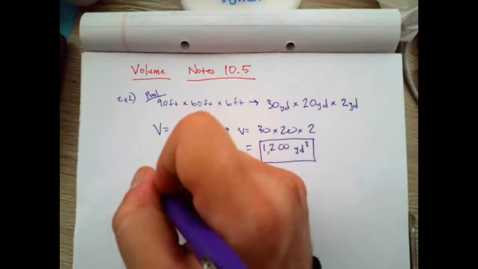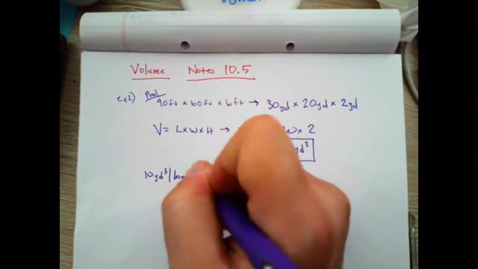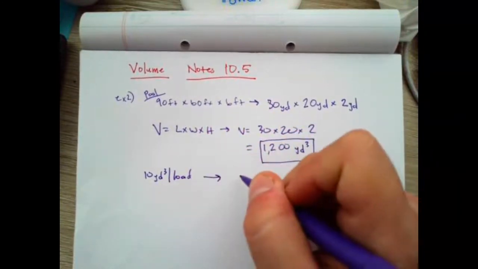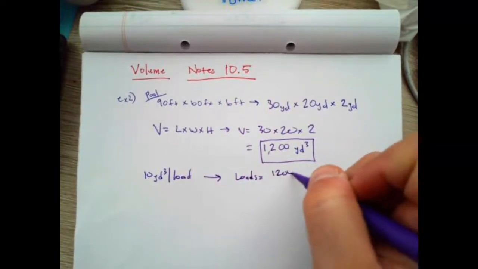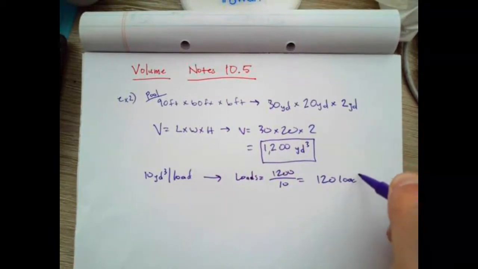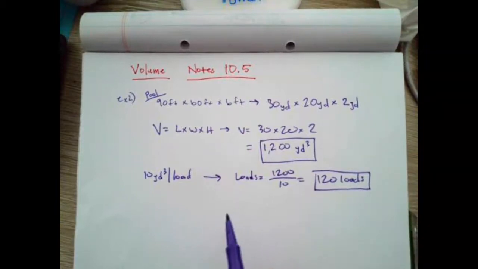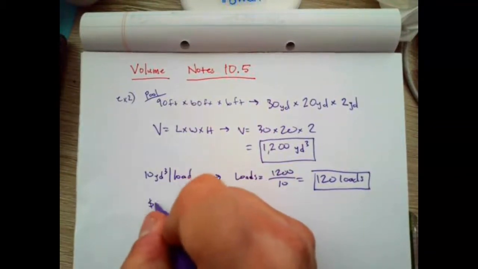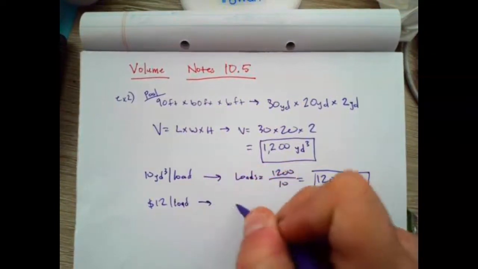The truck can take 10 cubic yards per load, so how many loads will simply be 1200 divided by 10. That's 120 loads. And actually, I guess I shouldn't have boxed these, because the final question is how much will it cost to have all the dirt removed? Well, the price is $12 a load. So at $12 a load,